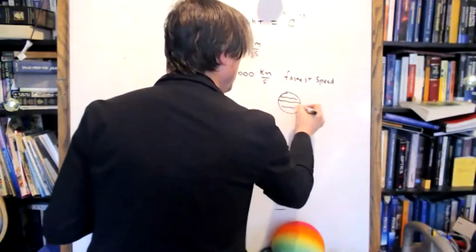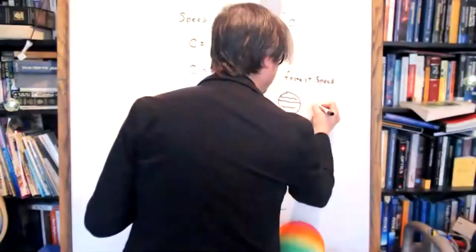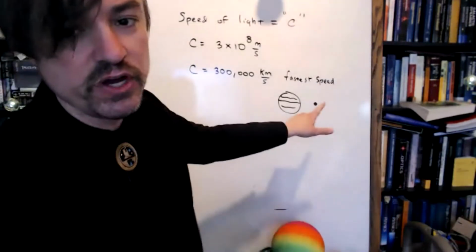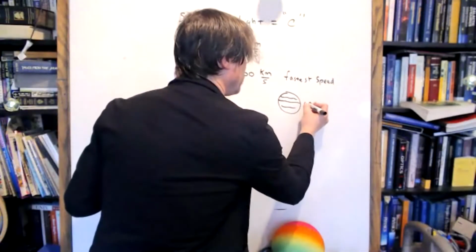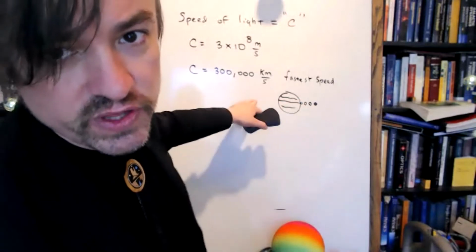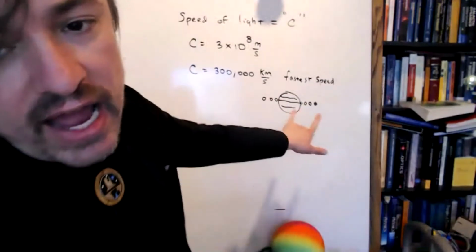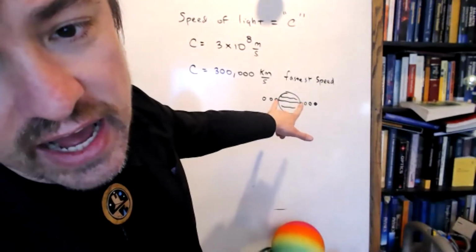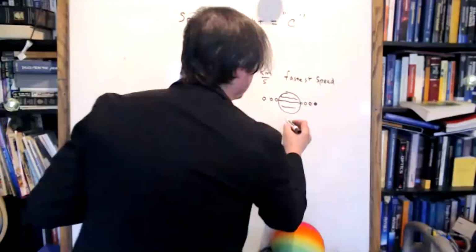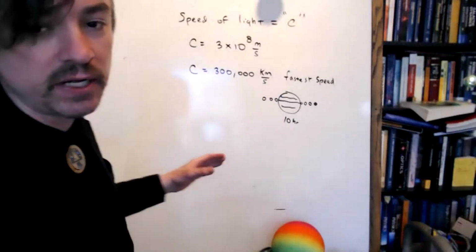Here's Jupiter, and Jupiter has a moon, Io, which has a period of about 42 hours. You've probably heard me talk about it, right? So what happens is if you watch Io with the telescope, and I've done this many times, you see Io getting closer and closer to Jupiter. And then if it's at the part of its orbit where it's going to go behind Jupiter, you see it disappear. And then several hours later, you see Io appear out the other side. And you know from observation the exact length of time that it takes for Io to travel behind Jupiter. Let's say, I'm just going to make something up right now, it's 10 hours, or it's probably 8 hours or something smaller like that, okay?